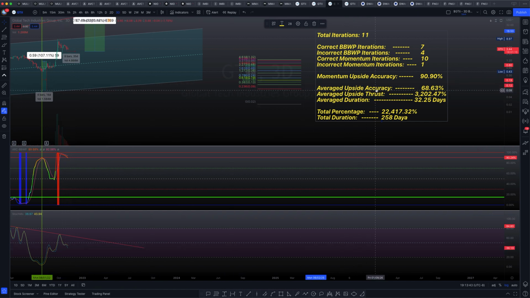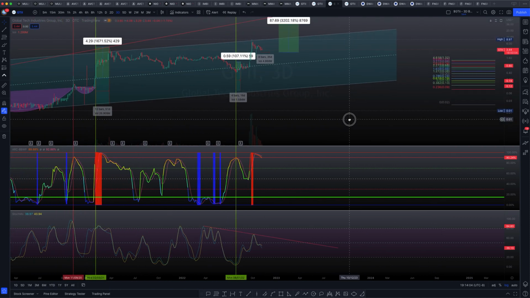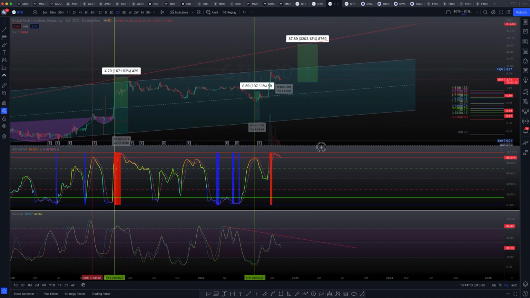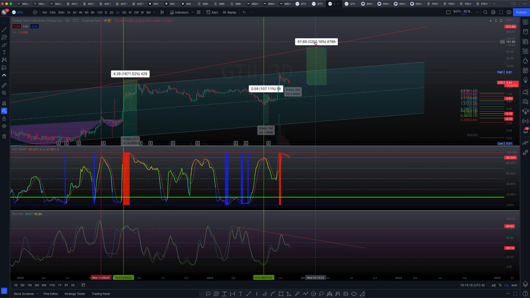The averaged upside accuracy based on those iterations, to where we have started a contraction phase from these critical highs, is 68.63% with an averaged upside thrust of 3,202.47% over the span of just over a month. So, and this is proof of work, you guys. So what I'm looking at here, you guys, is bearish at the moment. Now, if we were to put that 3,000% to the upside, you guys, we're looking at